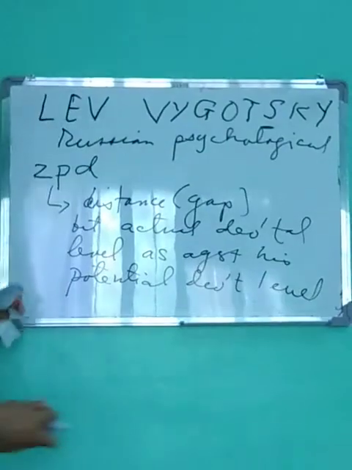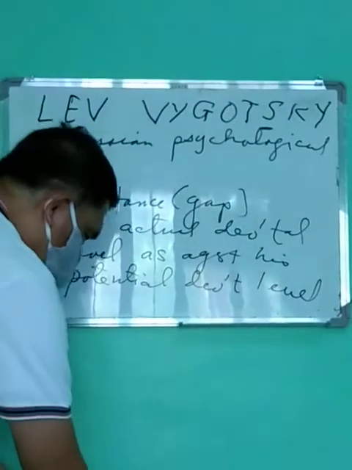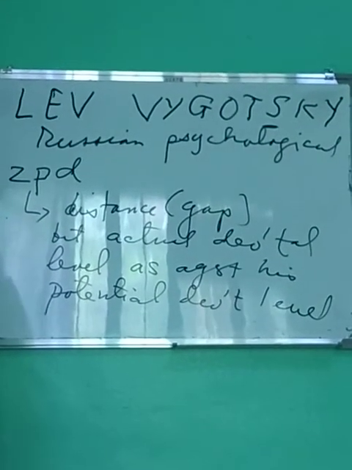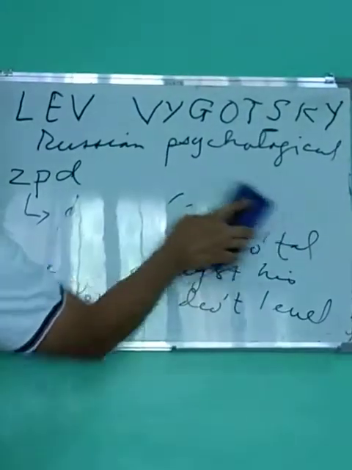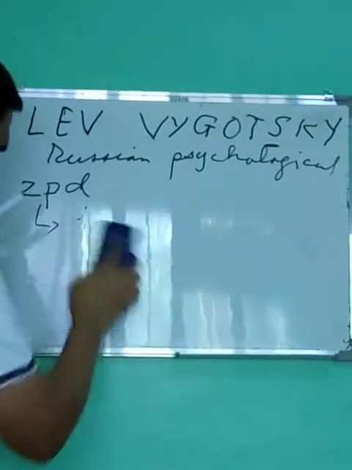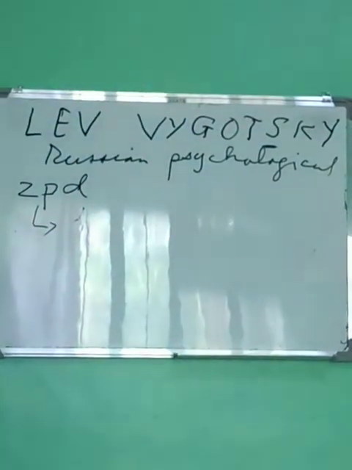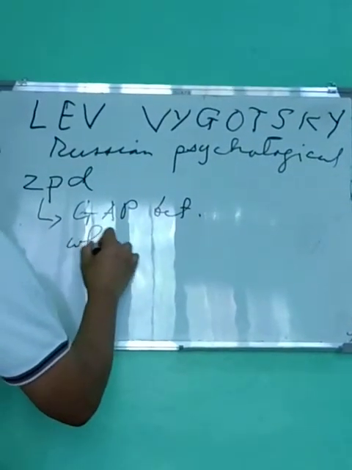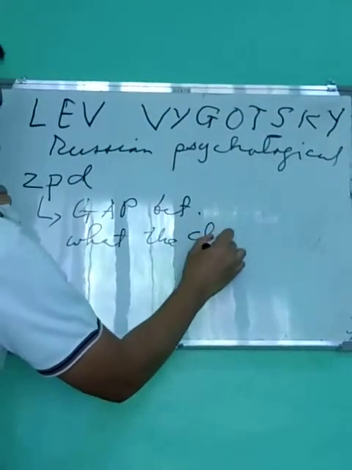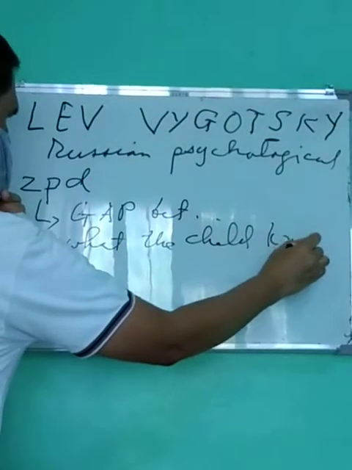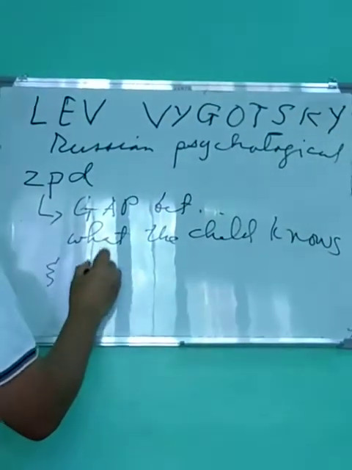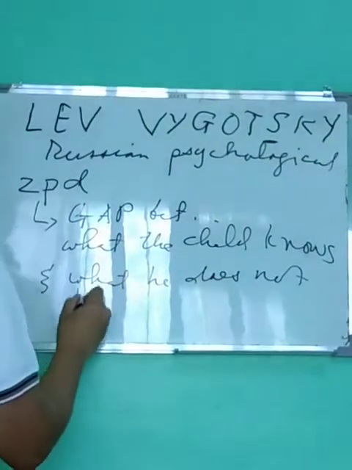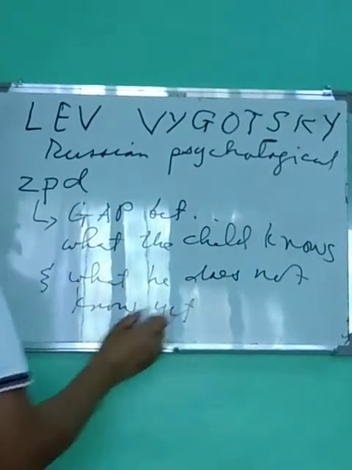Or in short, what we mean by the zone of proximal development is, I repeat, the gap between what the child knows and what he does not know yet. So here,